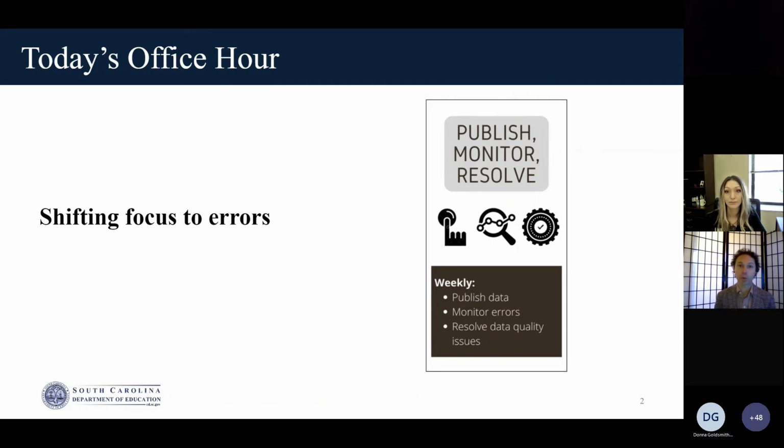So that's what we're used to, and that's generally not the way it happens in a lot of other states. Most of the data submissions in other states in the US, what happens is they open a data collection. They say, hey, we need these pieces of data for reporting, and LEAs or districts somehow ship the data up. Sometimes it's through Ed5, sometimes it's through flat file exchange, and there's a multitude of different ways that they get the data up to the state agency.